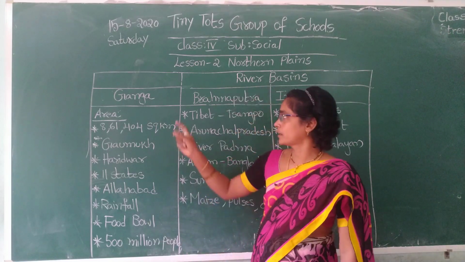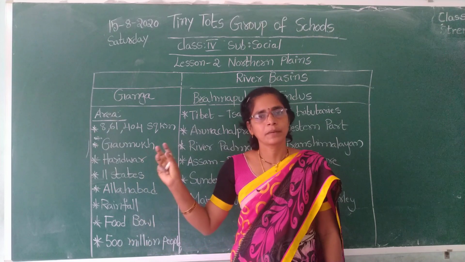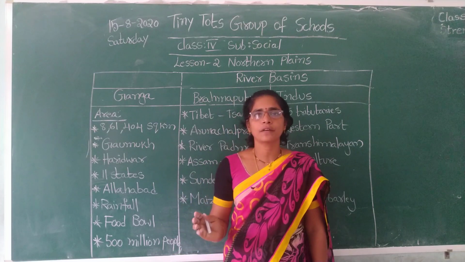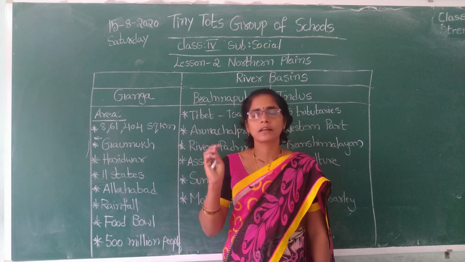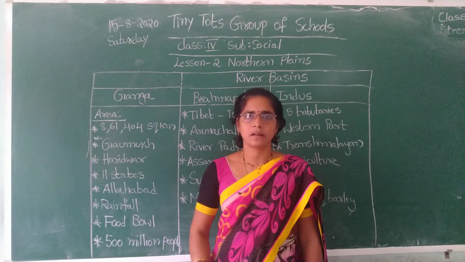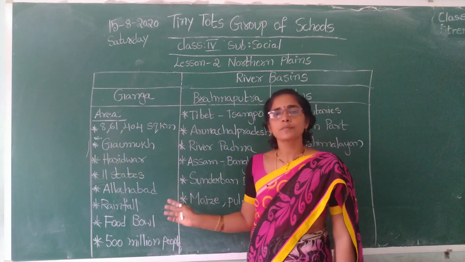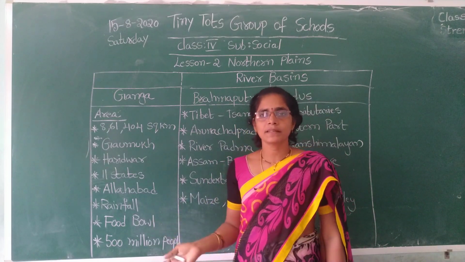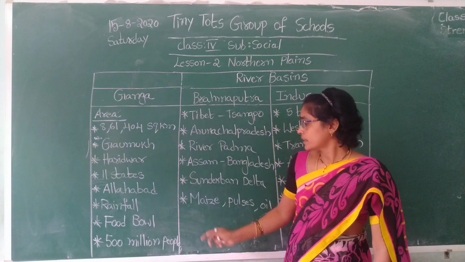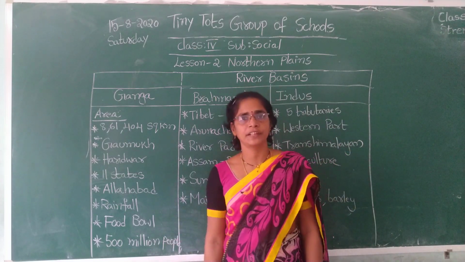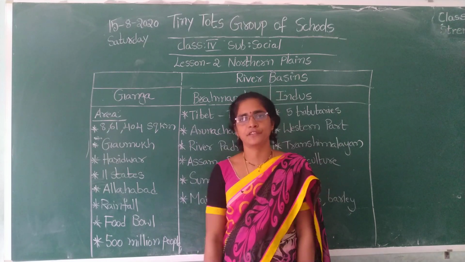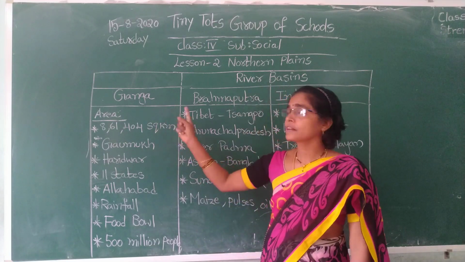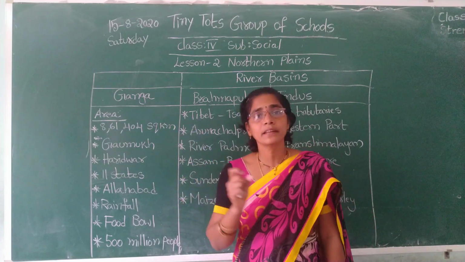Why? Because Ganga river is bringing the silt from Himalayas and depositing it in the basin. So the land is very fertile and very suitable for growing crops. So different types of crops are grown there, for example rice, wheat, pulses and sugarcane. Okay. That's why it is called the food bowl of India or granary of India. Dhanyagaram. Bharatadeshapu Dhanyagaram. Ganga river basin is called food bowl or granary of India.